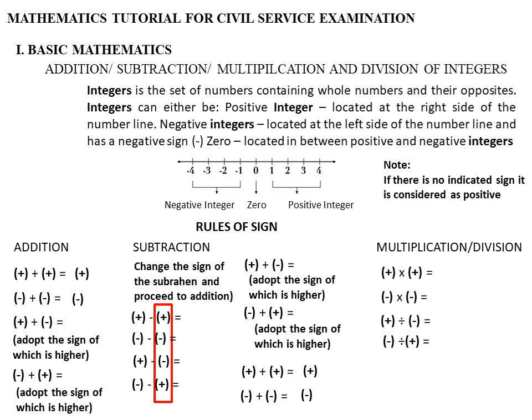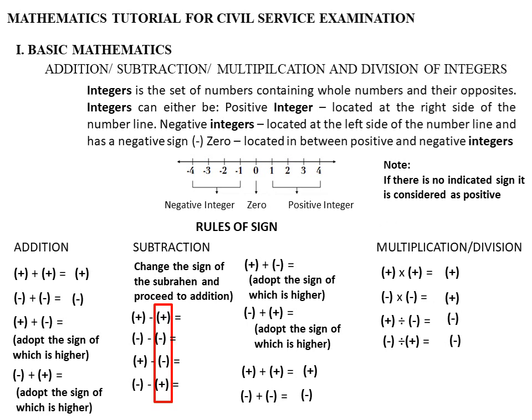Okay, from this one, let's say that positive times positive, negative times negative, positive divide negative, and negative divide positive. Please take note that multiplication and division have the same rules. So this might be a positive divide positive, the sign is the same. So positive times positive is positive, negative times negative is positive, positive divide negative is negative, and negative